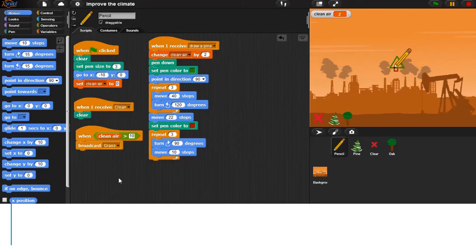Then set pen up and go to a random position on the stage. Use the operator pick random.